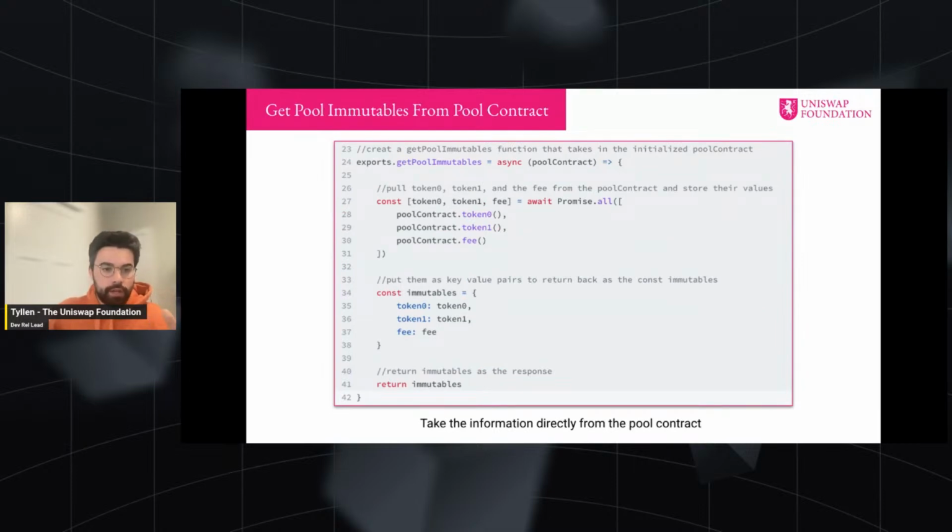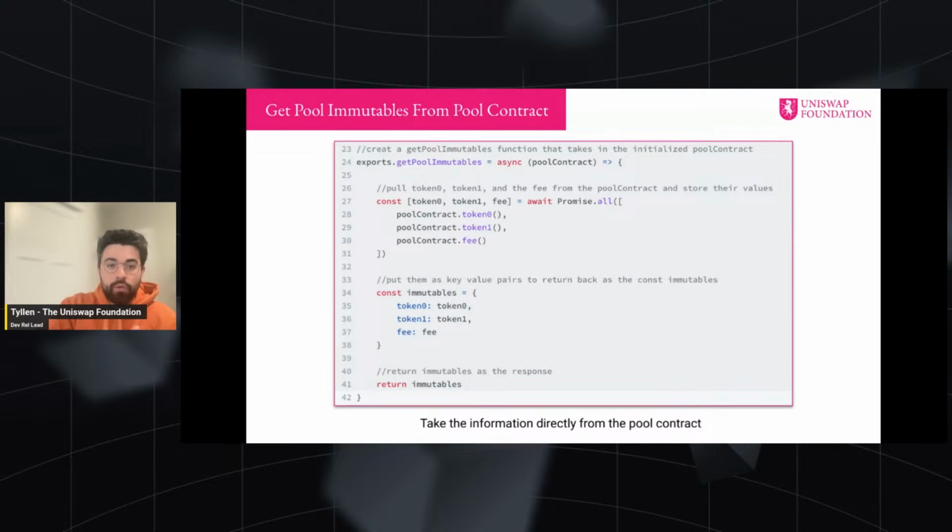So if you're following along, we've gotten our pool contract created. We've gotten our ABIs pulled in for the tokens that we need. We've pulled in some pool information that we need, but not all of it. And we've pulled in some token information that we need, like the token symbols and the token decimals from the specific token contracts, which we've gotten these token addresses directly from the pool contract. So we've gotten these token addresses from the pool contract, and that's made it easy to get all the token